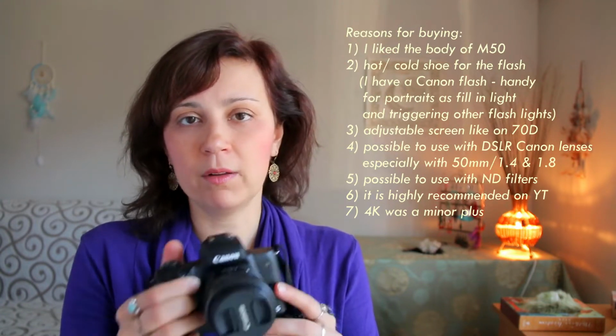First of all, what I liked about this camera is that it can be connected to the Canon system, that is, the flash and Canon lenses. Now, I didn't buy the adapter because I didn't want to invest right away in ND filters, and the adapter is quite expensive. As far as I know, it's over $300, which is not the budget I want to spend right now. But my goal was to put my Canon 50mm 1.4 lens on it, which is a great portrait lens that I use a lot,